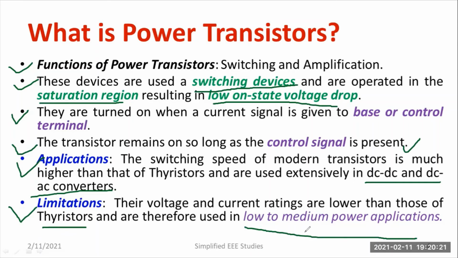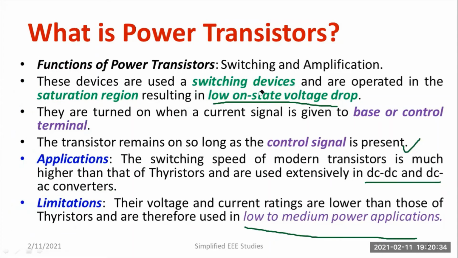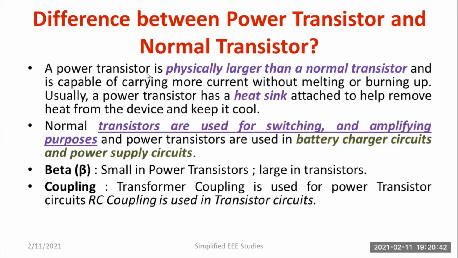It is actually not apt for high voltage, high power applications. However, we can go for low to medium power applications. If I want to go for high power applications, thyristor is better. But if I talk about the thyristor, there are a lot of drawbacks that I'll be discussing in module 3. That is yet to start. Let me complete the details about power transistors first, which belong to module 2, which I have been discussing.